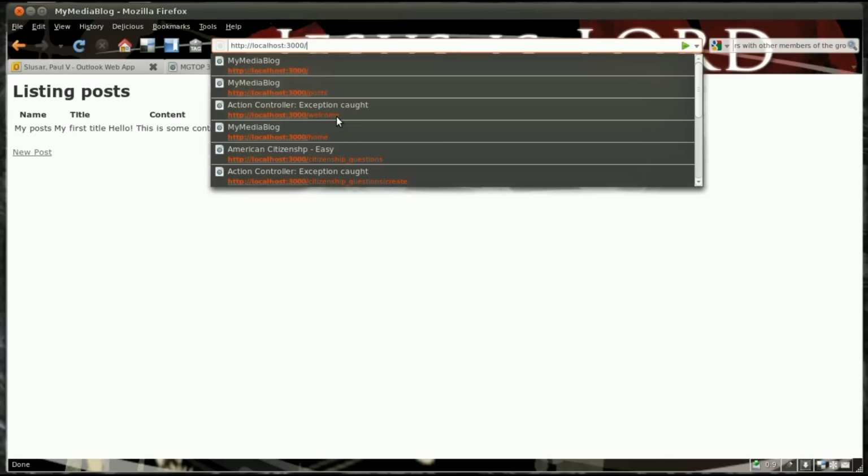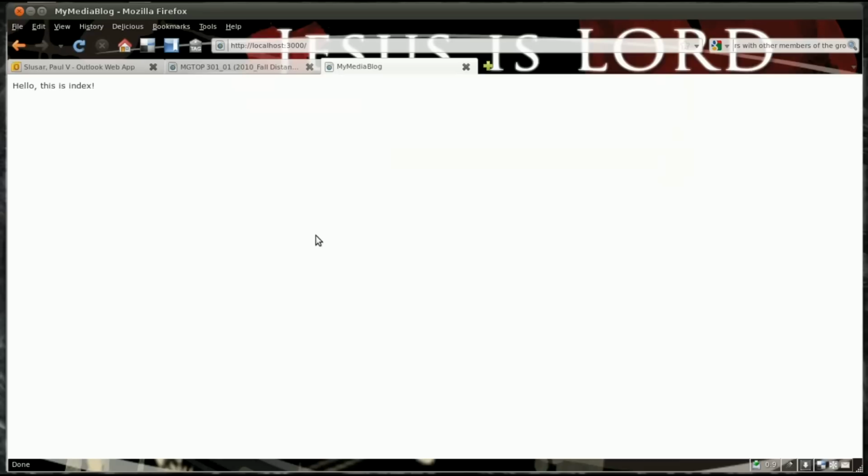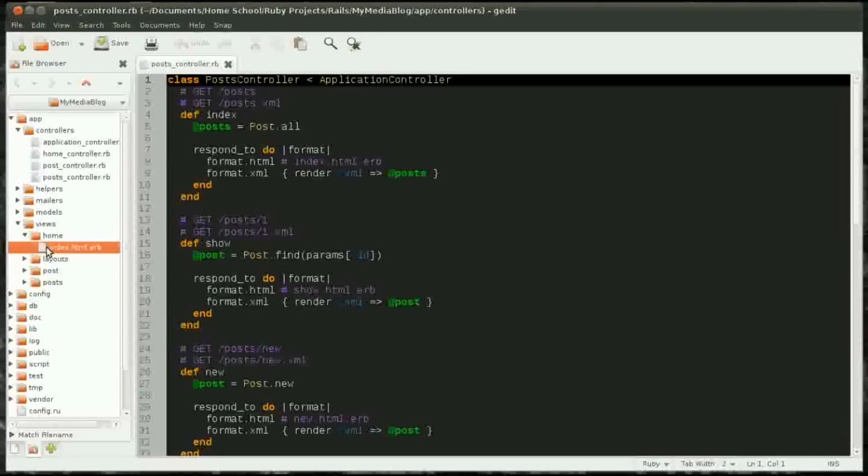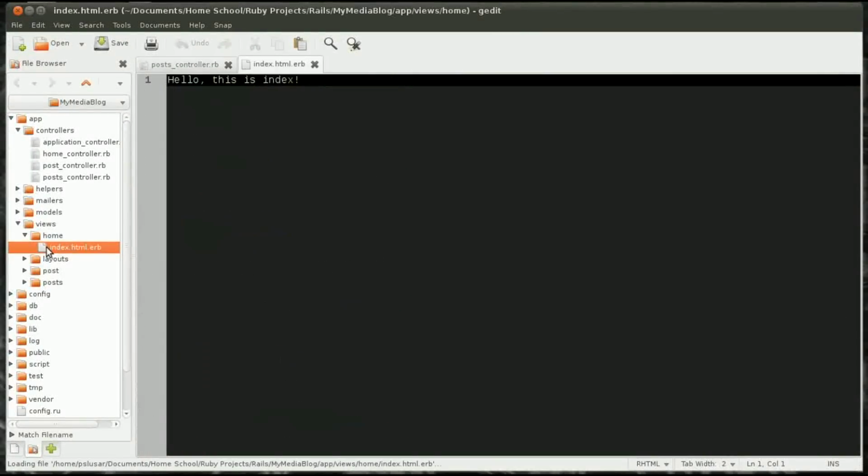So remember, in the first episode we built the index page and we typed some random information there, and let's change it to reflect that we're actually working on a blog. So go to the root of your My Media Blog Rails application, go to app folder, and then go to views, and then go to home and open up the index.html.erb file,